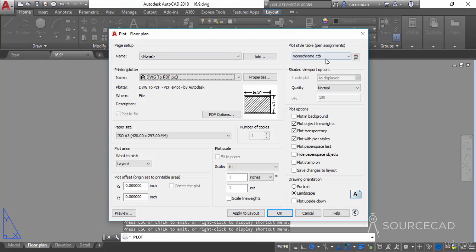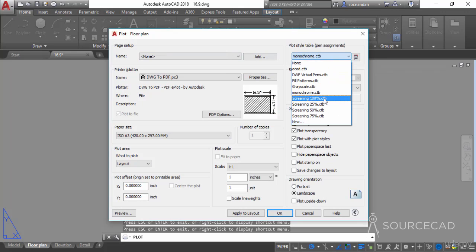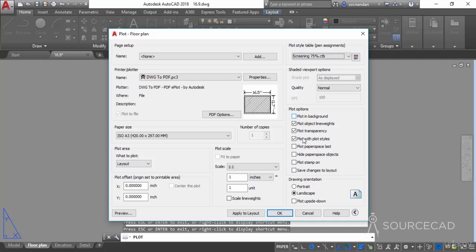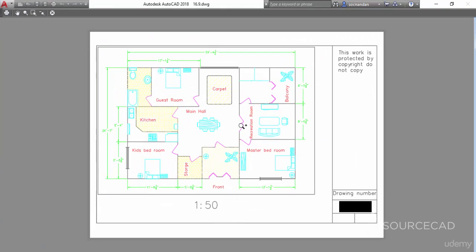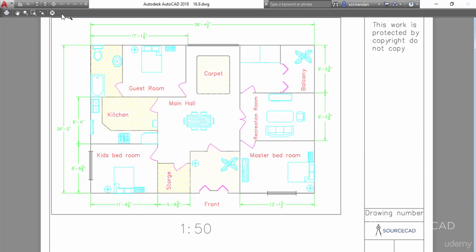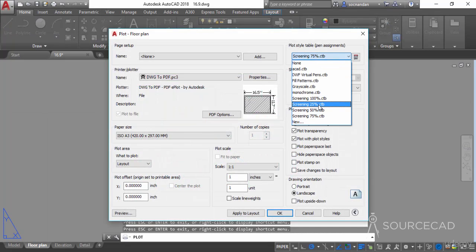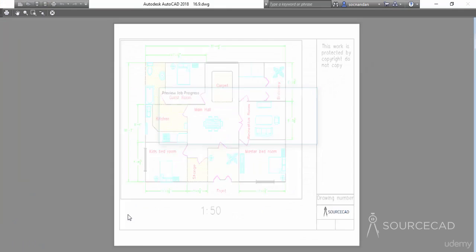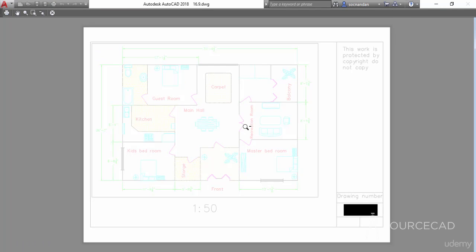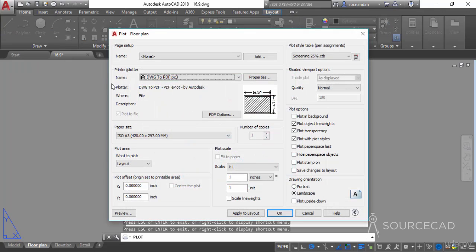And now let's look at other options here. So we have this screening option. You can screen it by 75% by selecting this 25% screening. In that case, if you select 25% screening, the drawing will dim by 75%. Here the 50% dimming, here the 25% dimming. So I'll select this screening 75, click on preview, and there we have it. Now the drawing has been dimmed to 25%. If you change it to, let's say, 25, it will be dimmed even further. And here we have it, a completely dimmed drawing. So in this way, you can change lots of different settings. These are some of the predefined colored plot style tables.